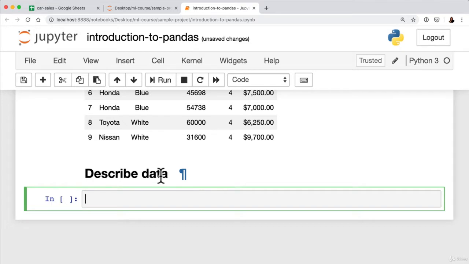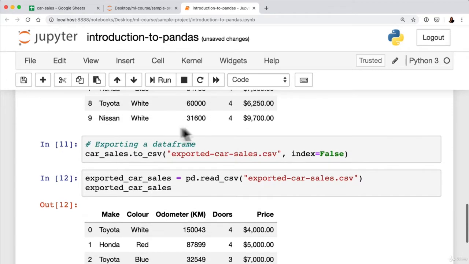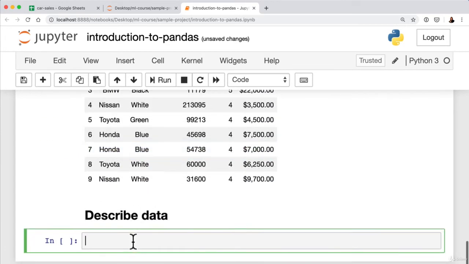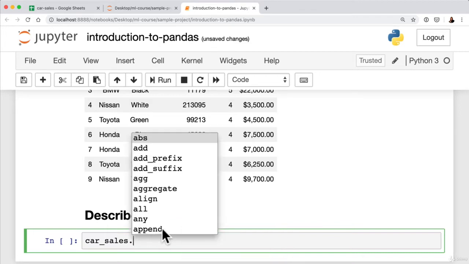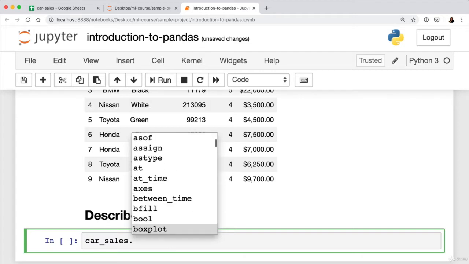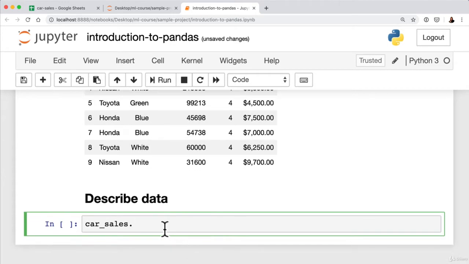Okay, so the way you call functions, we've already seen this in an example here, to CSV on Pandas data frames, is by using the dot notation. So if we press tab, it might show us, there we go, it took a little while and I got impatient and pressed tab a lot. It'll show us a few functions here that we can run, but remember there's a lot here. So in the beginning, don't focus on trying to learn all of these off by heart. Just focus on using the few that we're going through at the moment and then build upon your knowledge as you go. So the first thing we're going to have a look at is how to describe the data types